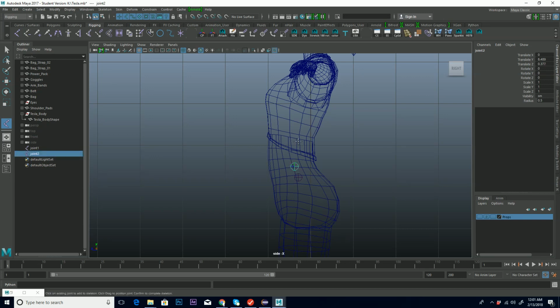I'm going to hit Y again, or that's our lower back, sorry, and then mid back right about here, and then an upper back. So again, I want to hit Y. Undo that. Okay, so my mid back, hit Y, and